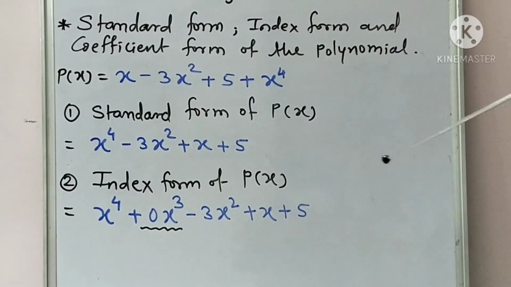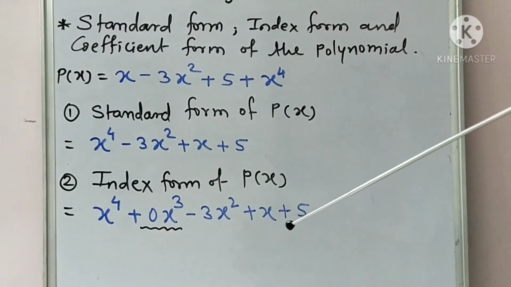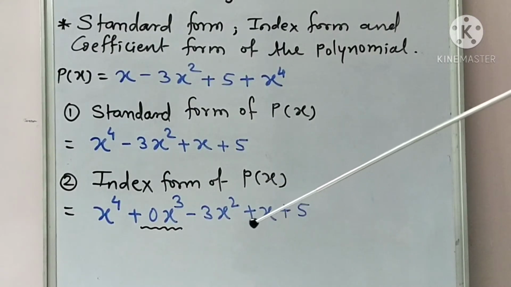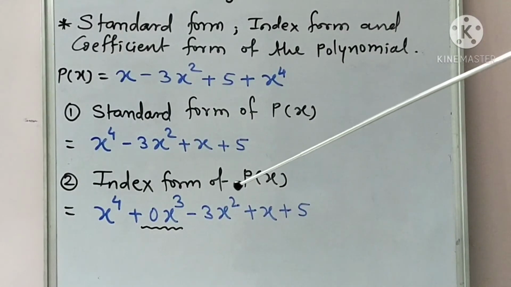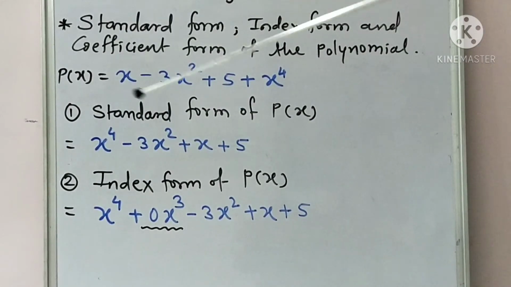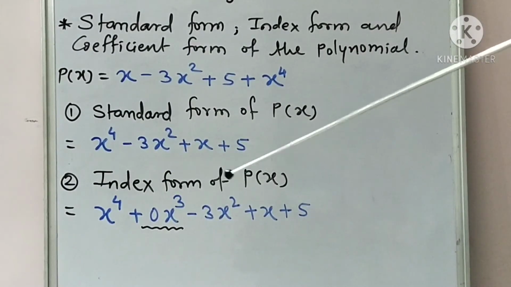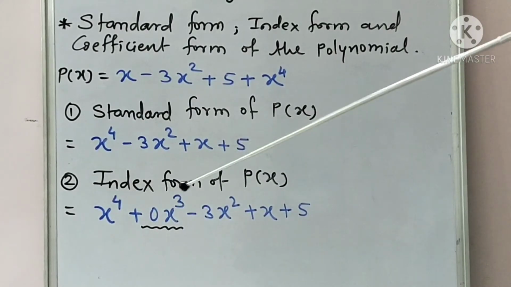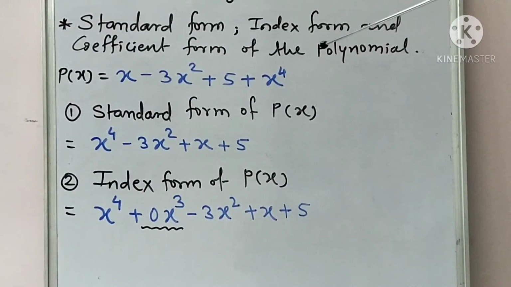There is a division method known as the synthetic division method, where we require this index form. For a 1 mark question, the question asks you to write the index form of a given polynomial. One polynomial is given to you, and you have to write its index form, and if a term of a particular power is missing, then take the coefficient as 0 for that variable. And the last one is the coefficient form of that polynomial.